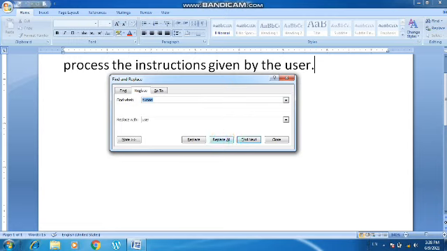So however many times human has been used, it will change it to user. So if you want to change it once, you can click on replace, and if you want to change it in the whole document every time it has been used, you will click on replace all. Alright, so that's it with find and replace.